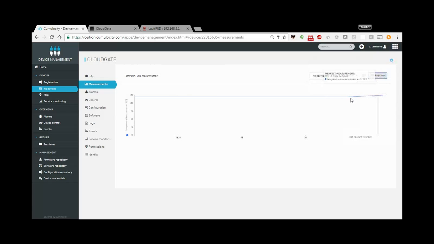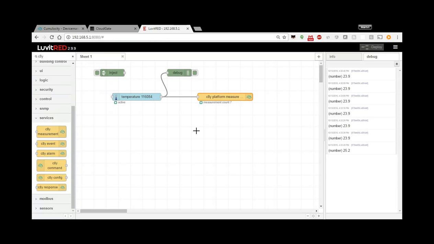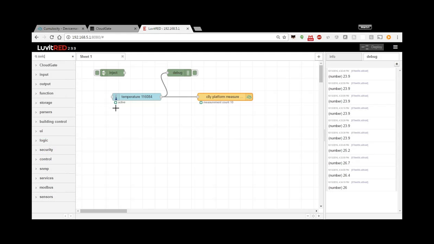in measurement. Now say in our scenario with the HVAC, this is a normal situation, 23 degrees or whatever is a normal situation. We really don't want this temperature, whatever it represents, to go above 30. And if it does go above 30 degrees, then we would like to get an alarm onto the Cumulocity platform. We actually don't really need the ongoing measurements until we get to that state. There's no point in wasting data on a SIM plan if we don't need to get this data through. So we don't really want that data. So it's very simple for us to